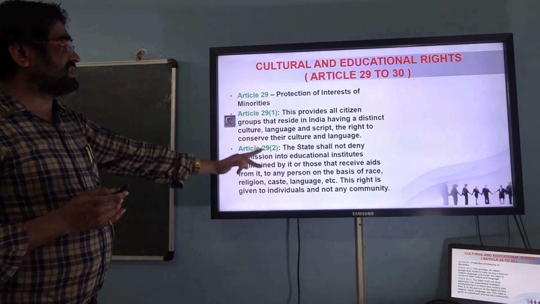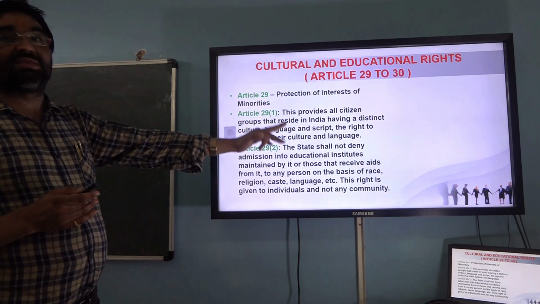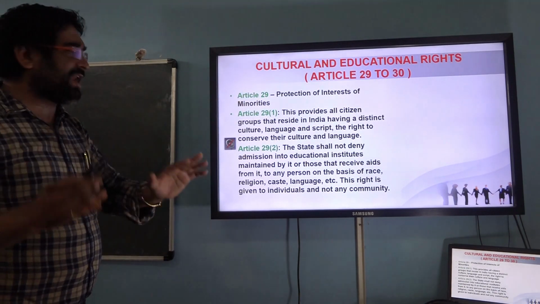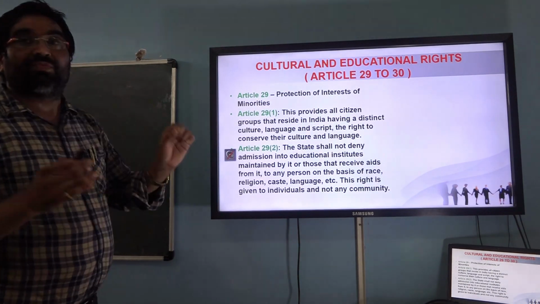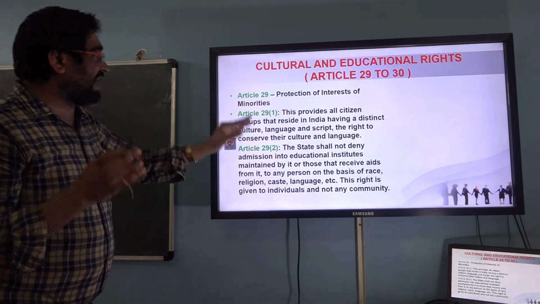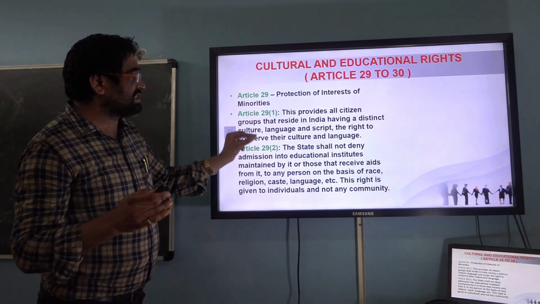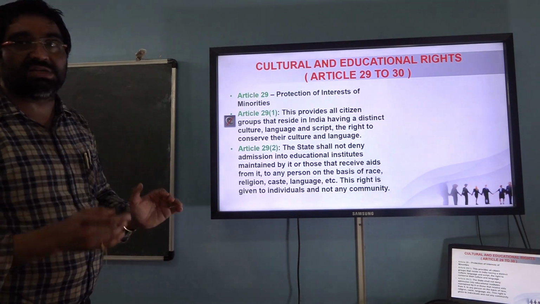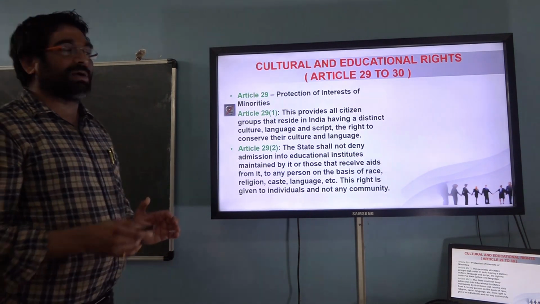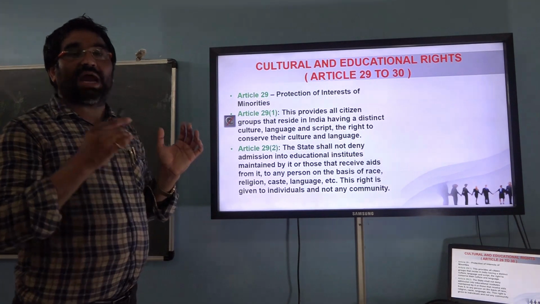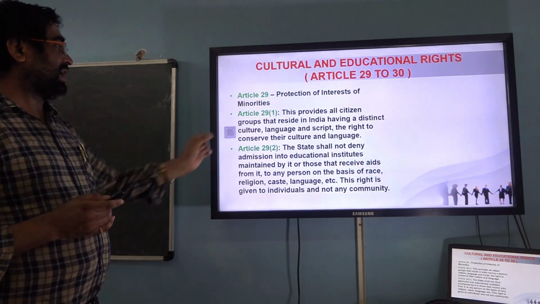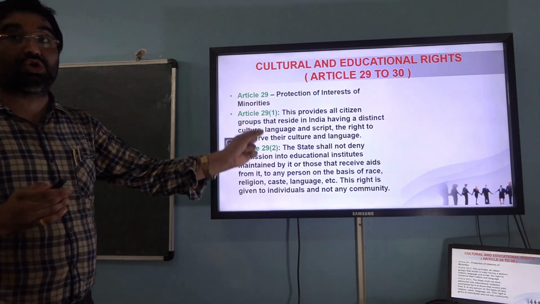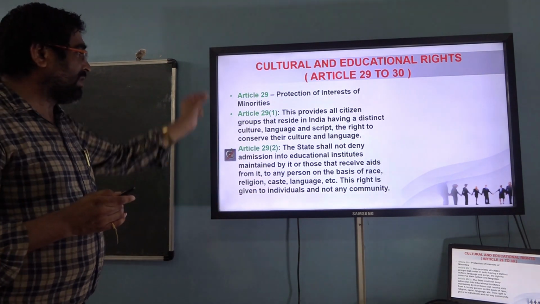Article 29(1) is telling that any group of citizens related to the minorities have the full right to have their distinct culture, language and script, and the right to conserve it. The government and the constitution will give them protection. And Article 29(2) is telling that the state shall not deny admission into an educational institution on the basis of religion,